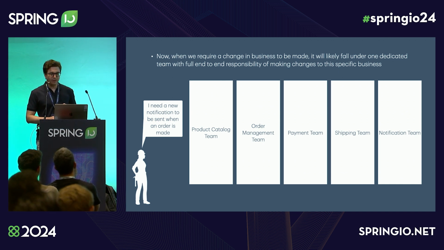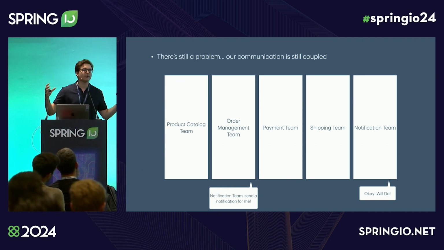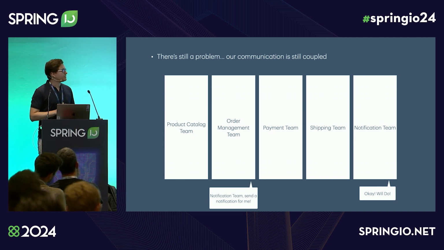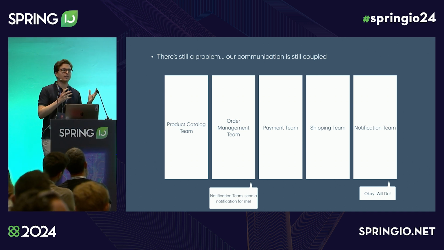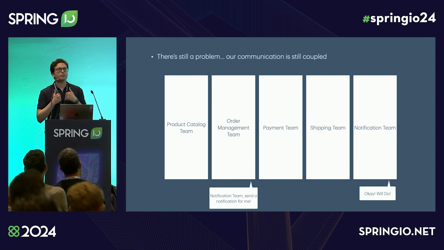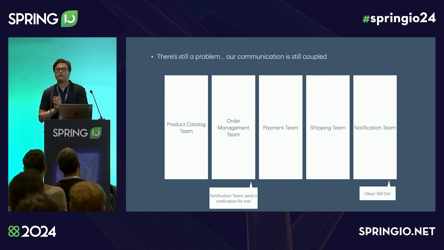However, there's still a problem, because our communication is still coupled. So we've been trying to decouple our teams, our business lines, but our communication was still coupled, right? So when you had a monolith, the services inside of the monolith would communicate with each other and they would block each other. But now that we have these services apart from each other, we want to avoid this